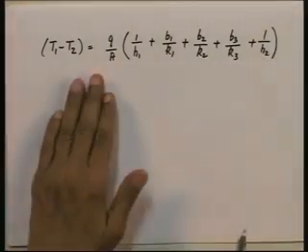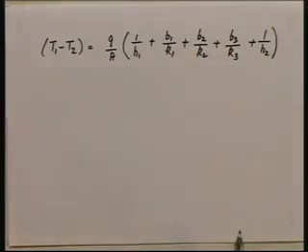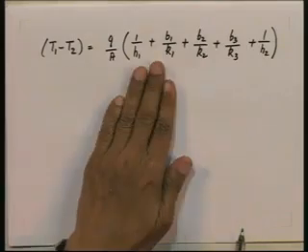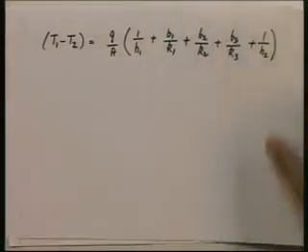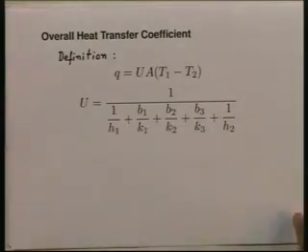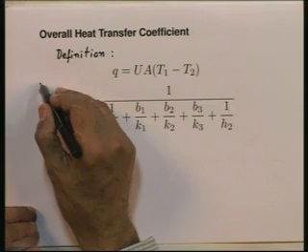This was our expression from which I can write Q equal to something or the other. So, if I compare this expression for Q for an infinite composite slab with my definition of an overall heat transfer coefficient, then for an infinite composite slab I can say